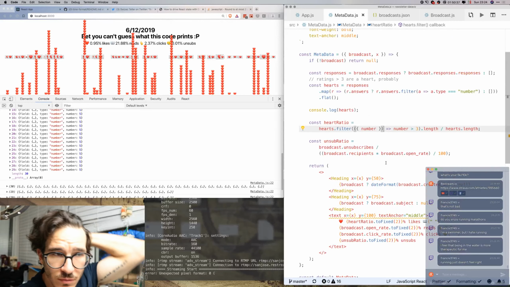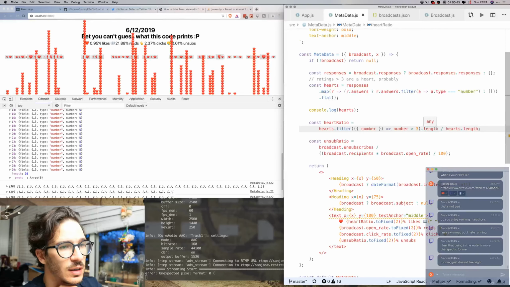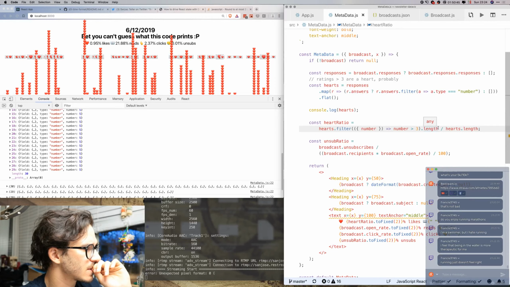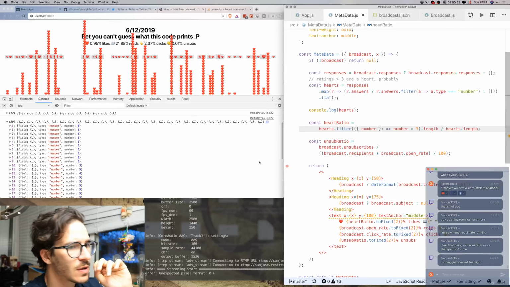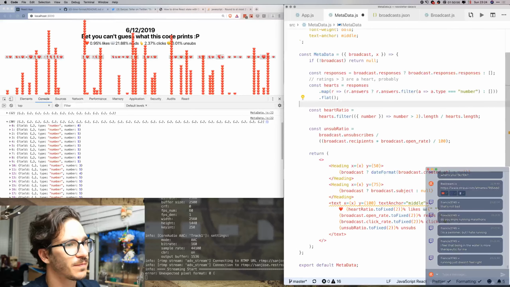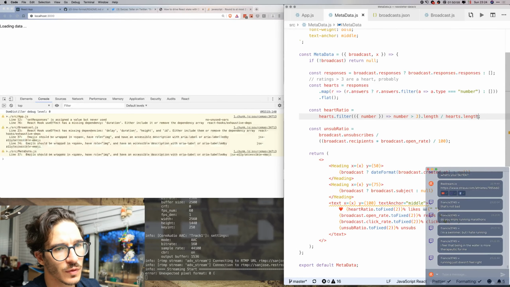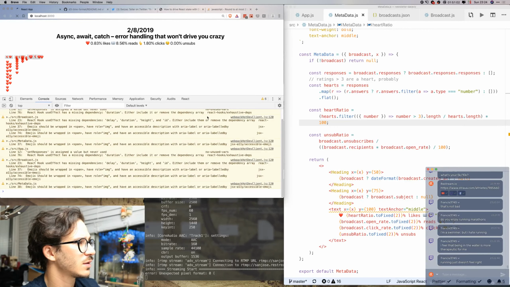So when we say length divided by hearts.length, right, we need to multiply this by 100. So times 100, and then we're gonna get